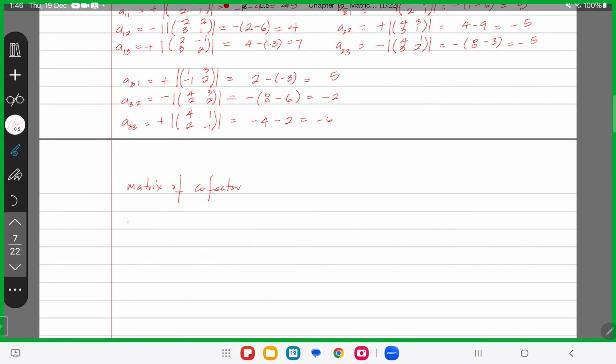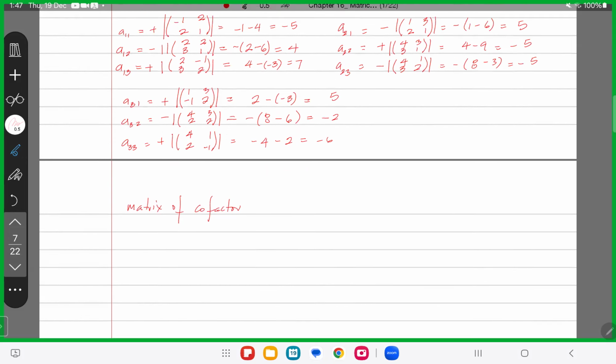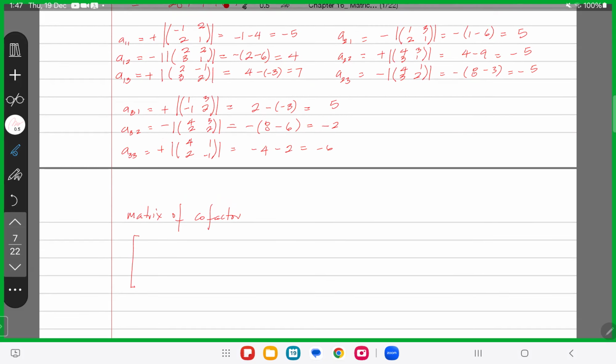The matrix of cofactor would be minus 5, 4, 7, 5, minus 5, minus 5, and 5, minus 2, minus 6. A inverse would be